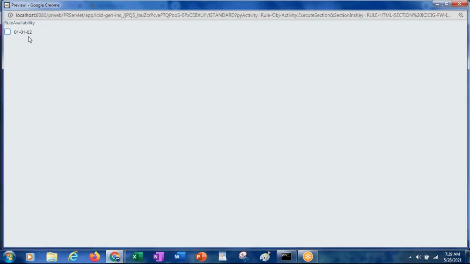See, now it is referring to 010102. So this not available option is nothing but deleting that rule. It is the same as that rule not being available. It's like deleting that rule.